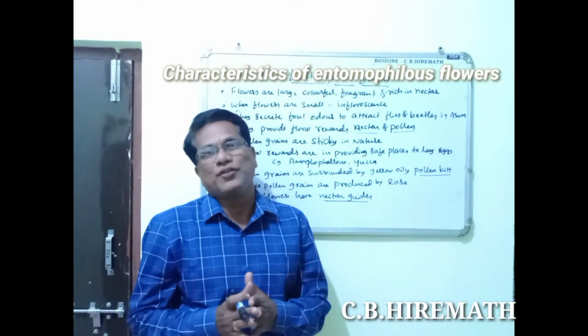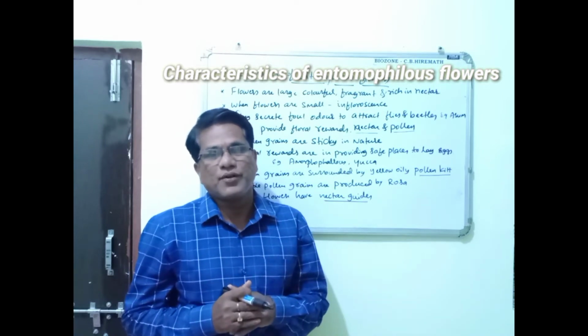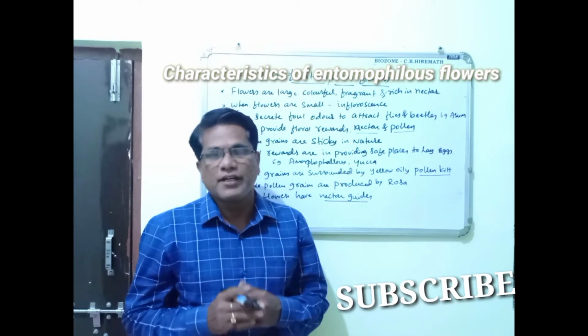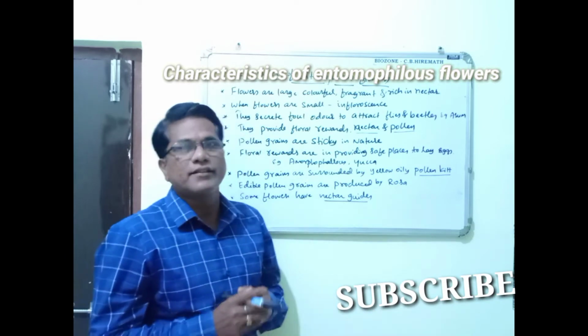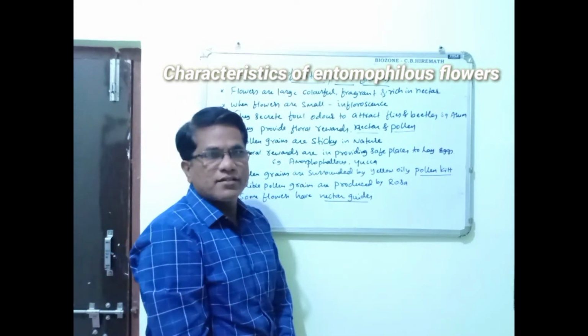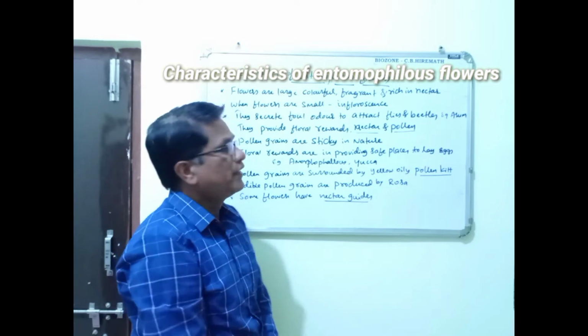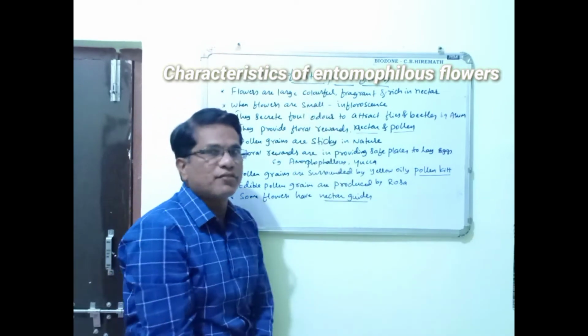So in this class we'll discuss the characteristic features of entomophilous flowers. In the last class we discussed the characteristic features of anemophilous flowers. Let us start with the first character. You know that pollination which occurs by insects is called entomophily, and so these are the characteristic features of entomophilous